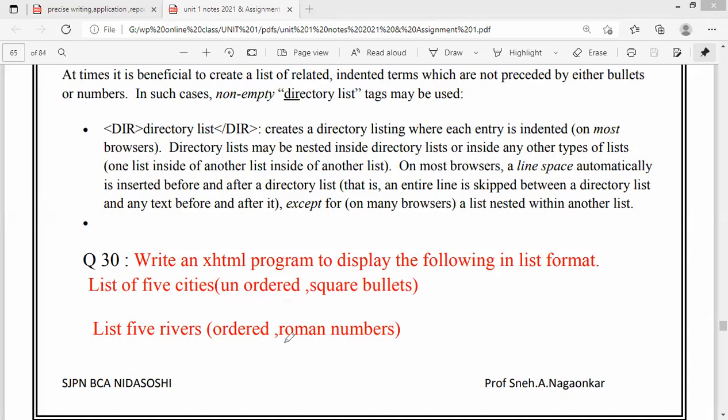Now again, they are specifying here to take Roman numbers. So what it indicates? So here I am passing the type called Roman. They have not told us whether to take a capital Roman or a lower Roman case. You can go for any of the Roman numbers. Is it clear? Now let me go to the code for you.